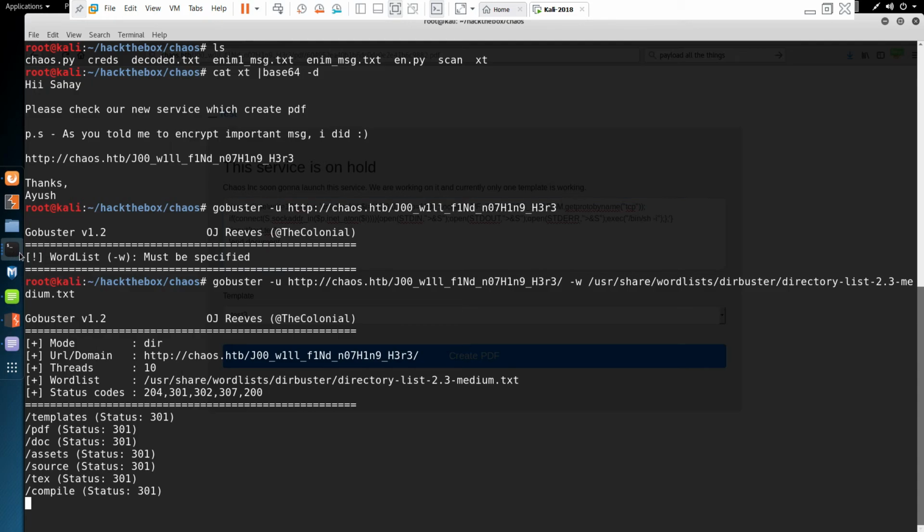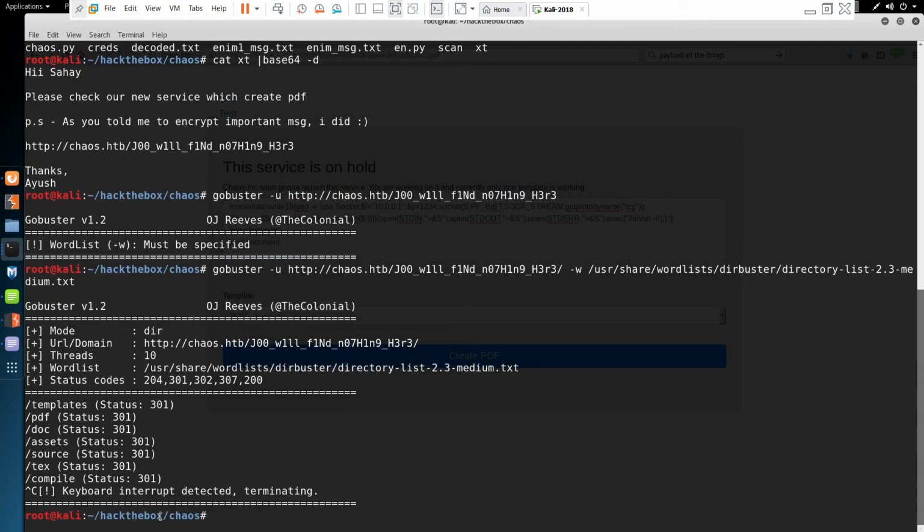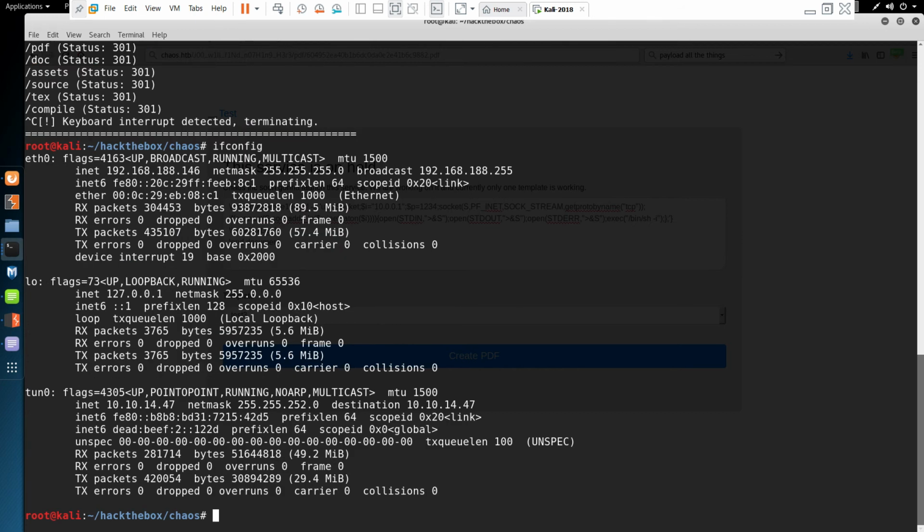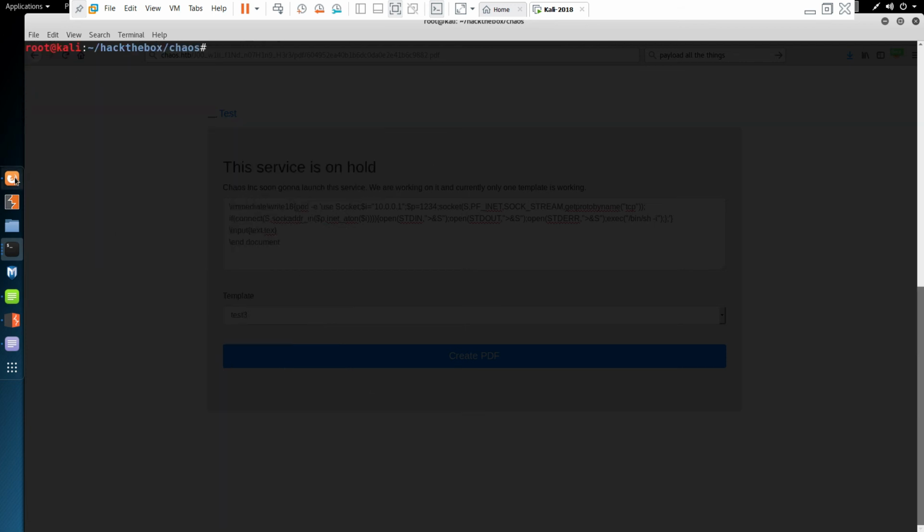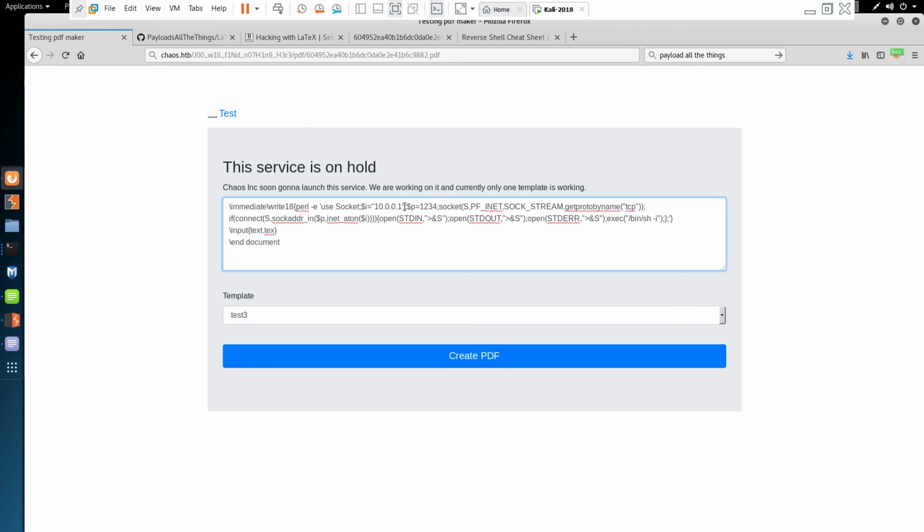So I have to grab what my IP address is. We could do ifconfig. My IP address is 10.10.14.47. So we can change that here. Change the port number